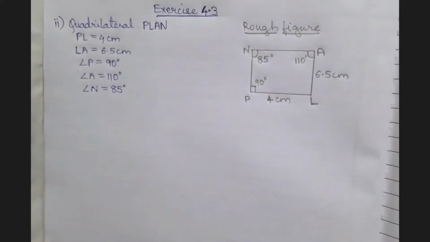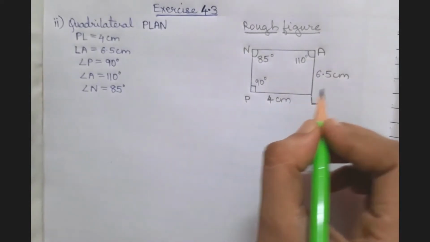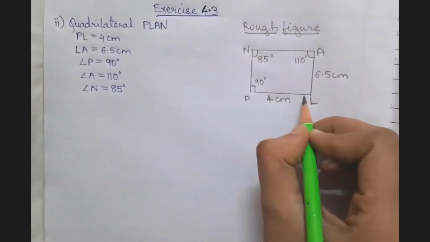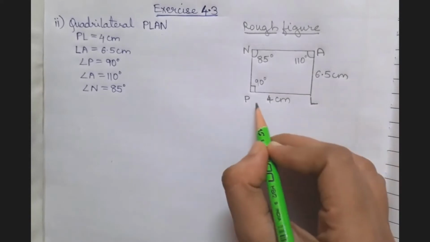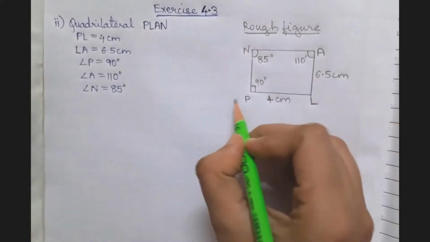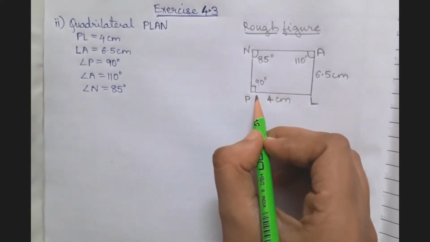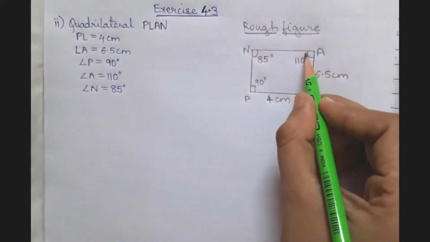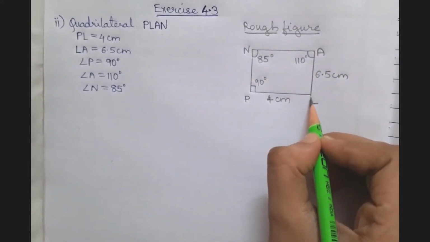Now students, we saw in the previous question, in subquestion 1, when we have 2 sides and 3 angles given, we start the construction by constructing any one side, and then we draw the 2 angles given on that side. So here in this case, the 2 sides that are given to us are side PL and side AL. And if you look at the angles, then for both of these sides, only one angle is given to us. In case of PL, we only have angle P with us, and in case of AL, we only have angle A with us. So here first we need to find the measurement of angle L.